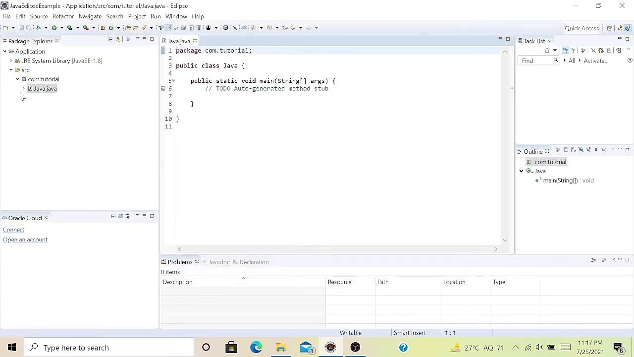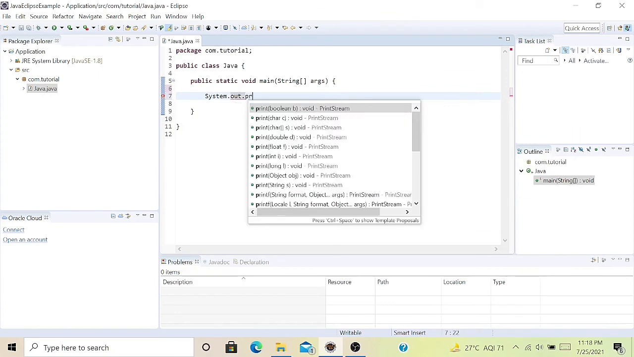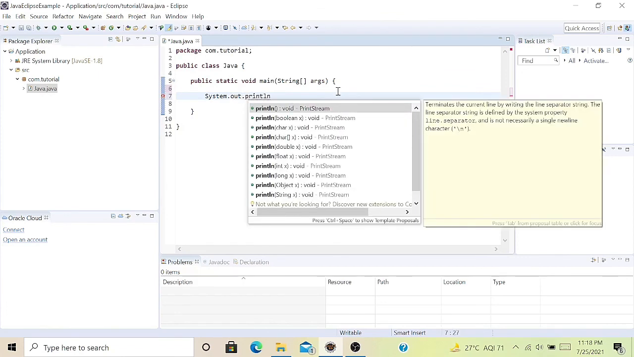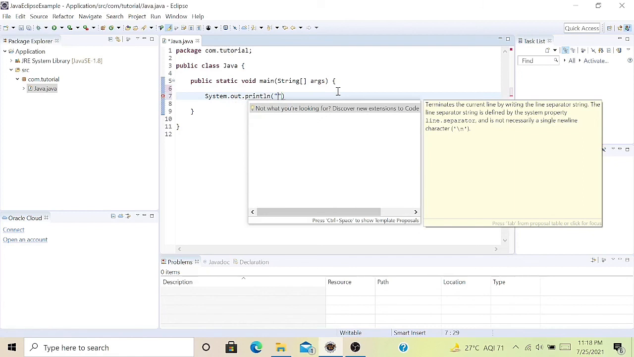So you can see that inside src you got the com.tutorial package, and inside this package you have a Java class, and you can see public class Java and public static void main String args. So here we can create a simple project, System.out.println tutorial,